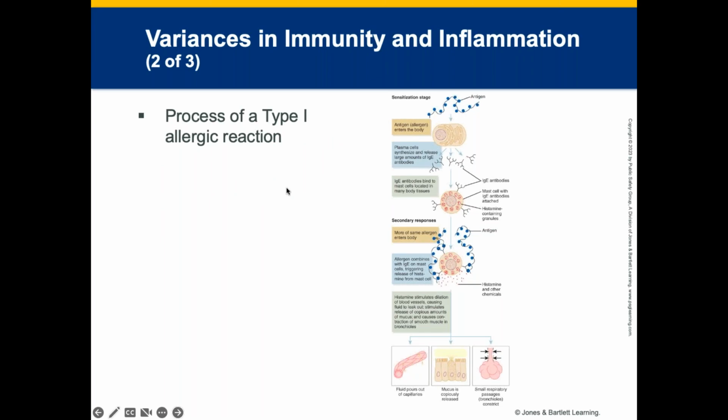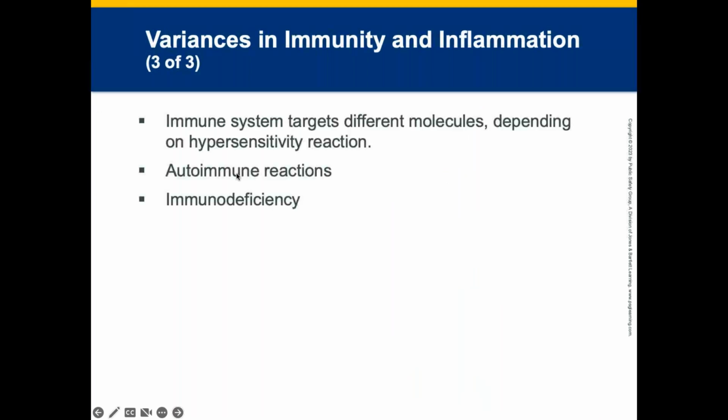So as you can see, this is a type 1 allergic reaction. Right? So the immune system then targets different molecules depending on the type of hypersensitivity reaction. An allergic reaction is a target of an antigen or allergen, with this one here. An autoimmune reaction is where the target is a person's own tissue, like Graves' disease, type 1 diabetes mellitus, rheumatoid arthritis,